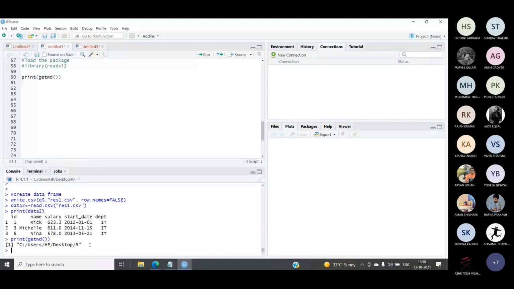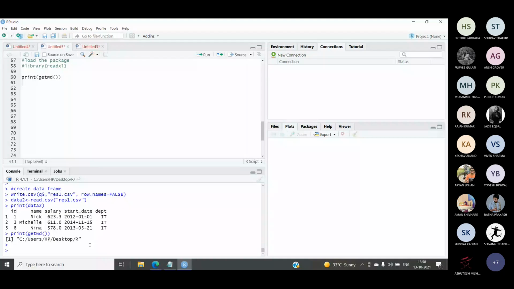Now the next thing is we want to read the Excel file. We have already installed the package readxl and loaded its library. Now again I'm using some temporary variables.